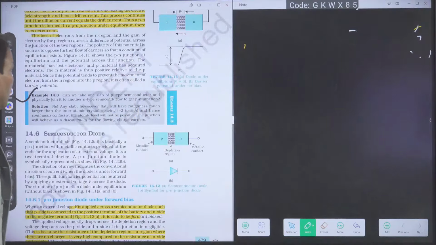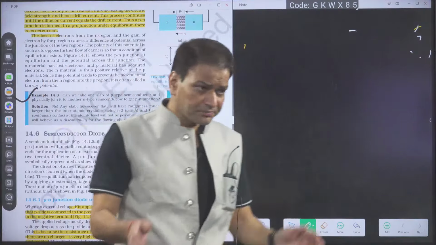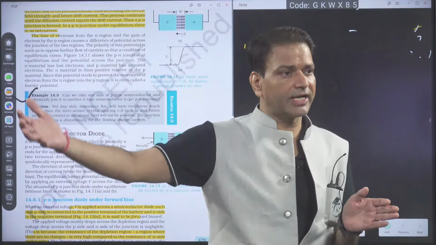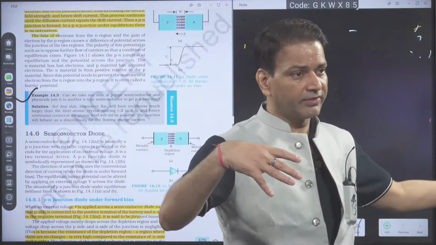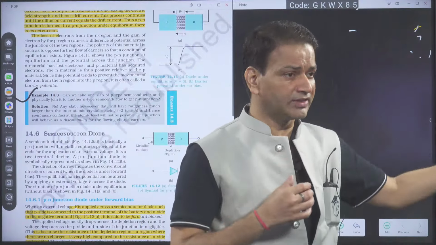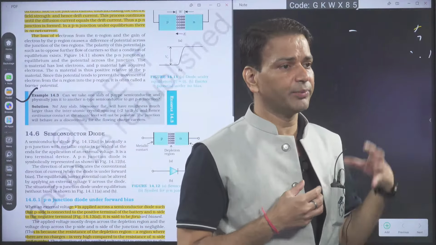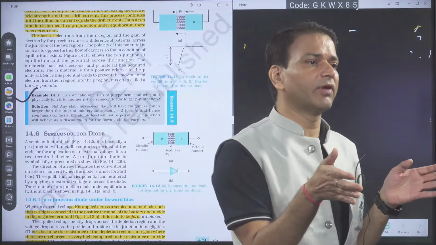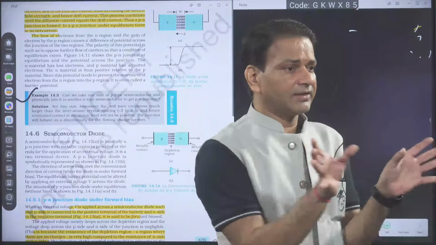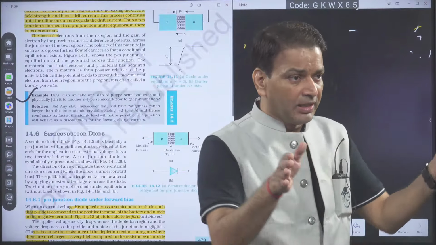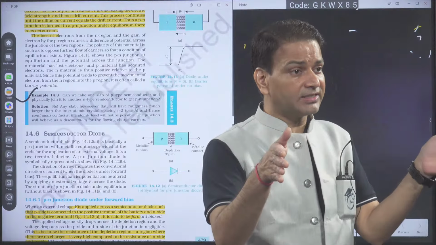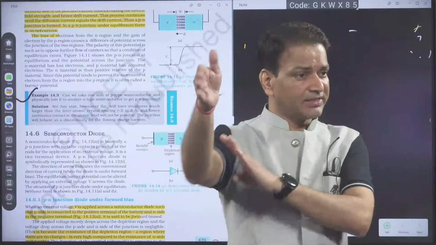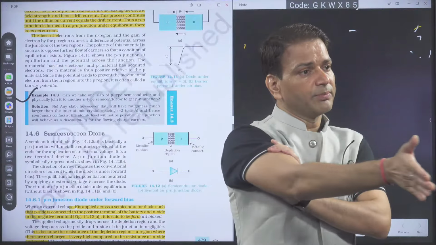So how do we make the PN junction then? We take one pure semiconductor. In that pure semiconductor, on one side we diffuse the trivalent impurity, and on the other side we diffuse the pentavalent impurity. The side where you diffuse the pentavalent impurity will become N-type, and the side where you diffuse the trivalent impurity will become P-type. Like that, one side is N and one side is P. Due to the concentration difference, the N side has more electrons, so electrons will move from the N side to the P side. The P side has more holes, so holes will move from the P side to the N side.